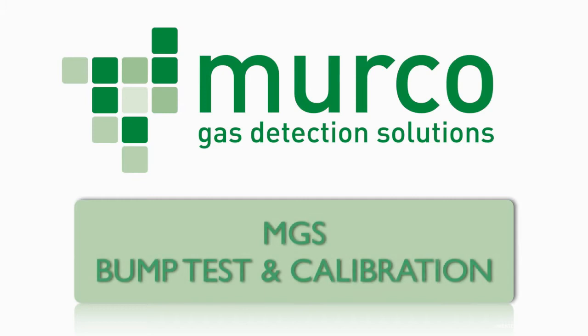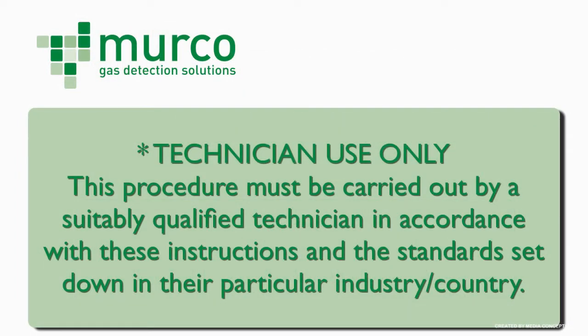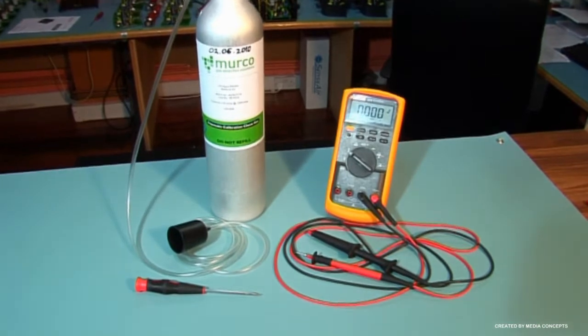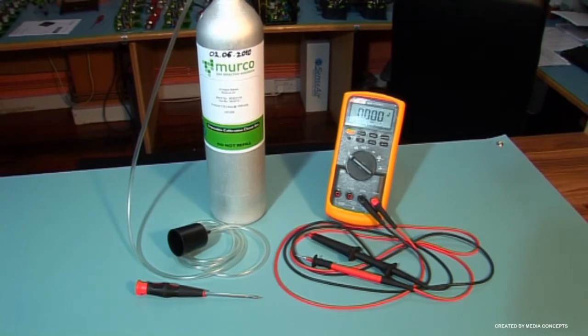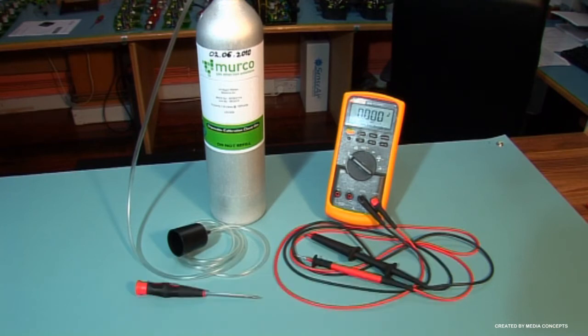The following procedure is a bump test and calibration of an MGS unit. The tools required are a digital voltmeter with a resolution to 2 decimal places, crocodile clips, flat-bedded screwdriver and a